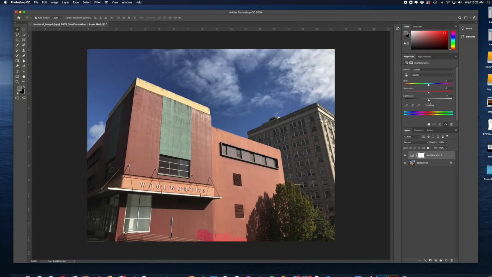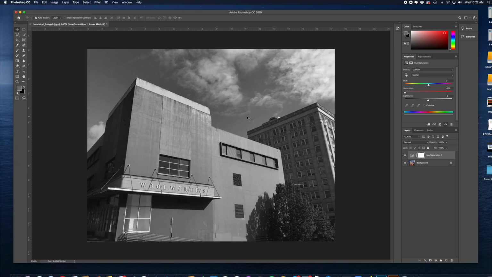I think this one's fine. Yours might need a little bit of lighting and darkening to it. But the first thing I'm going to do after that, if I need to do that, is just drag the saturation button all the way to the left. And I made it black and white, but I want to get this more dynamic. When I say dynamic, I'm referring to the contrast between the light of darkness or